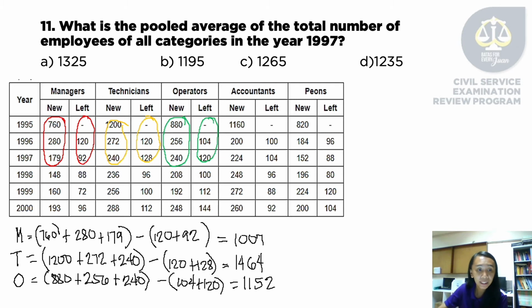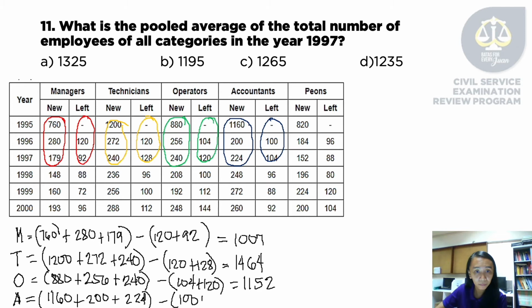Okay? For my accountants, let A as your accountants. Ang ating ifo-focus naman po ay ito. Okay po. That blue one. Okay, so I have 1,160. Plus 200 plus 224 minus 100 plus 104, and that would give me total number of employees, which is equal to